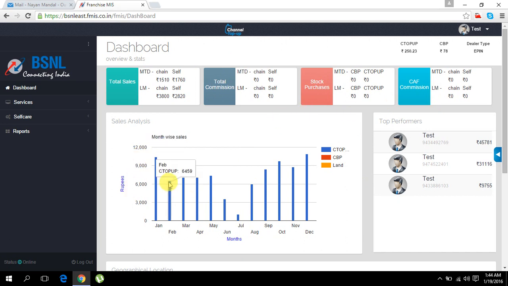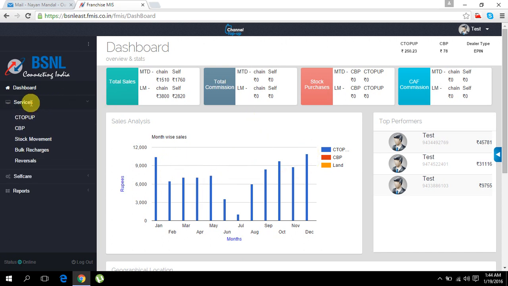If I want to know in one go what was the amount of transaction that I have carried out for this particular month, and whether I have received the freebies that BSNL is providing, we can coordinate with the concerned team and get it if we haven't got it. So the amount is with us, we need not call anywhere, all the information we can gather from here itself. So nice. Let us move to the second option.